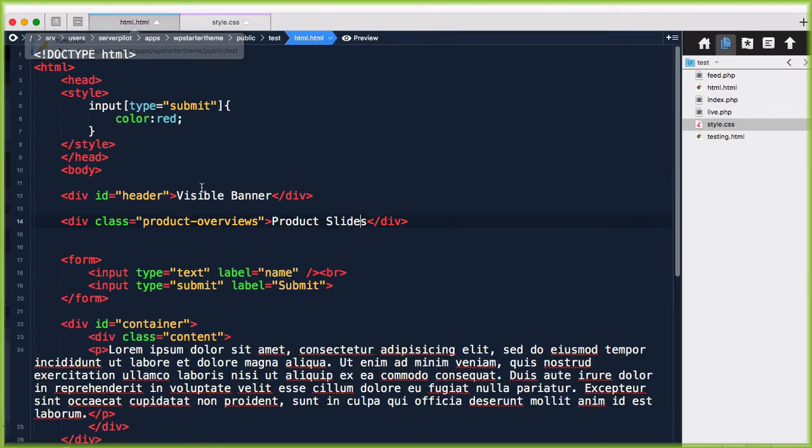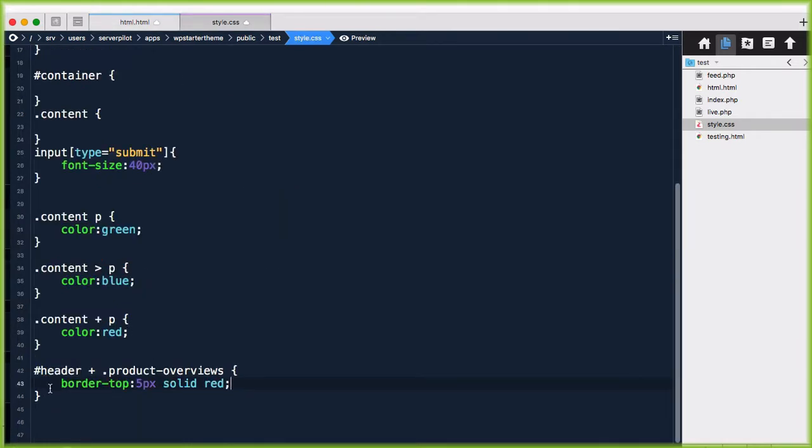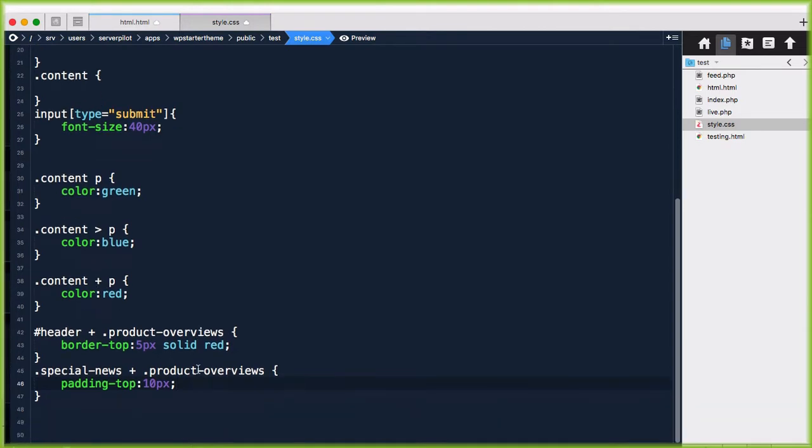But if for some reason your client has turned on and activated the special news item, well, guess what? These are no longer adjacent. So therefore, even though this is in your style, you're fine. But what if we then need to add something like special news and product overviews, padding top 10 pixels. So when we talk about the dynamic nature of WordPress, because maybe they have a featured